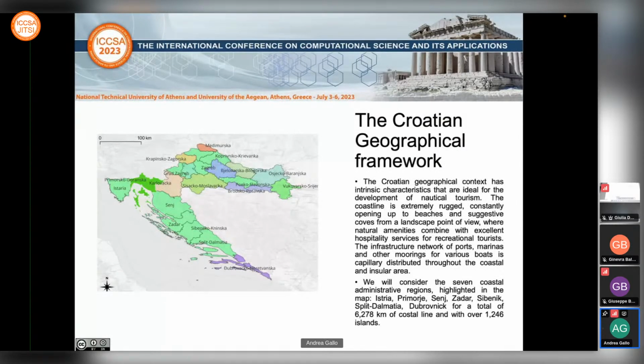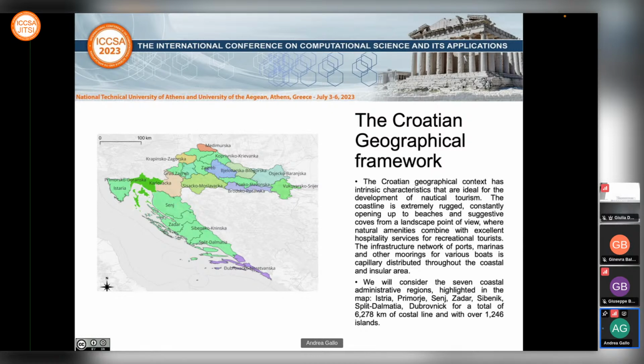There are the regions of Primorje, Senj, Zadar, Šibenik, Split, Dalmatia, and the Dubrovnik region, for a total area of more than 7,000 kilometers of coastline and over 1,200 islands. So it is a huge amount of islands, coast, and so on and so forth. And for this reason, from a geographical point of view, we decided to talk about the nautical tourism related to